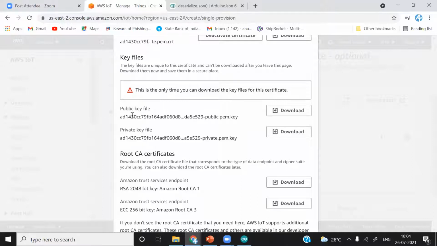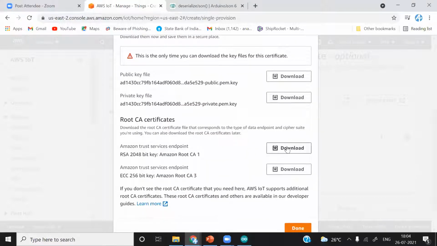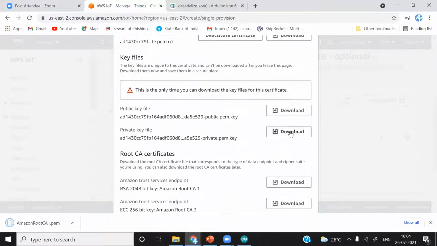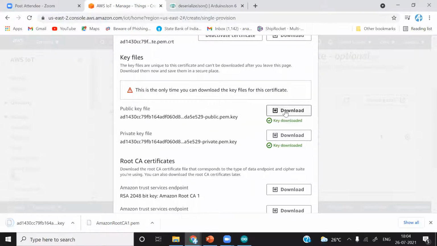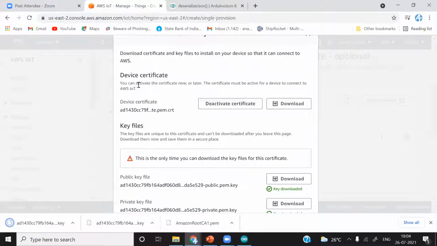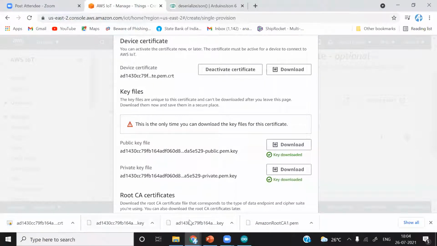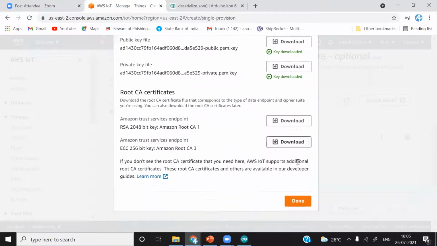We are also going to download this public key, but we are not going to use it because we don't need it. Then I will download this one, the public key, and do not forget to download this certificate, which is very important. Just check that it is activated. Currently it shows deactivate certificate, which means it is already activated. Simply download it. Okay, so you can see that we have downloaded 4 certificates. I'll simply close this and then click on done.